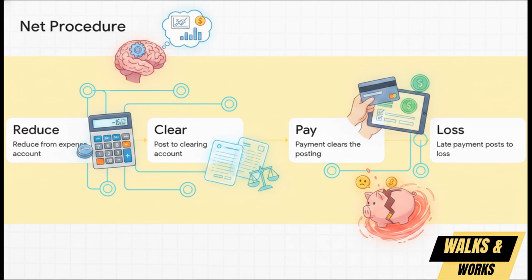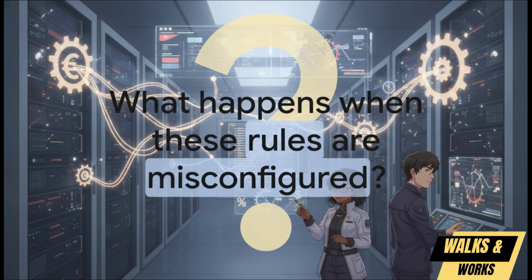But here is the kicker. Step 4. If you miss the deadline and pay late, the system automatically posts the cash discount you lost to a separate discount loss account. So the engine is constantly self-reconciling, tracking the money you spent, the money you saved, and exactly what you failed to save. So we've essentially popped the hood today and seen exactly how SAP S/4HANA translates messy business negotiations into